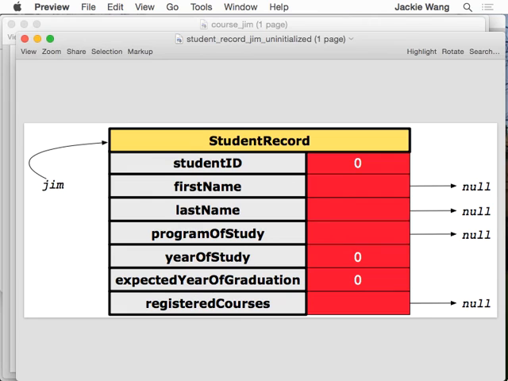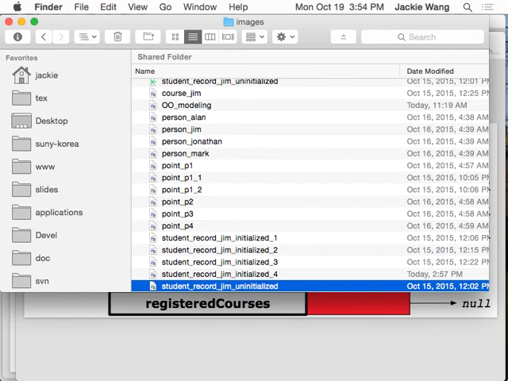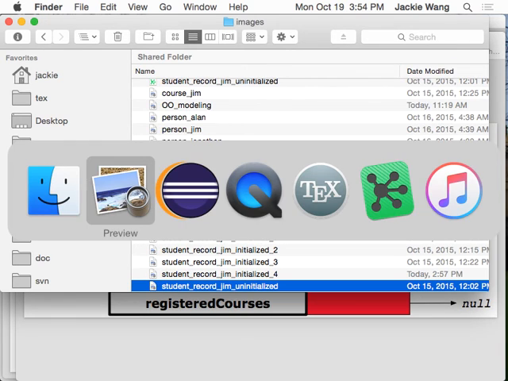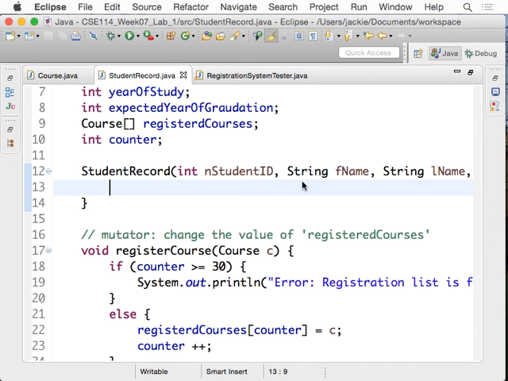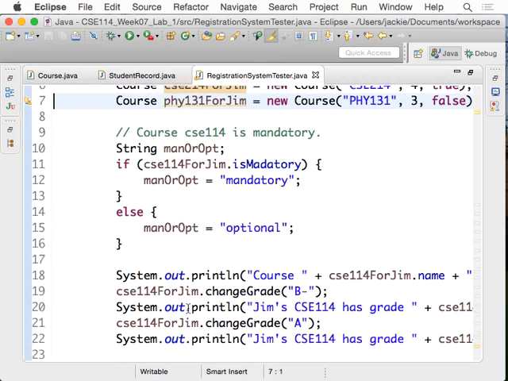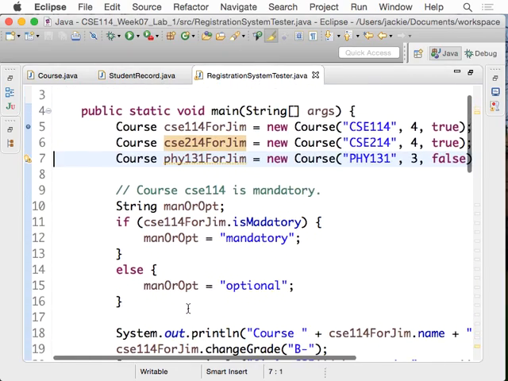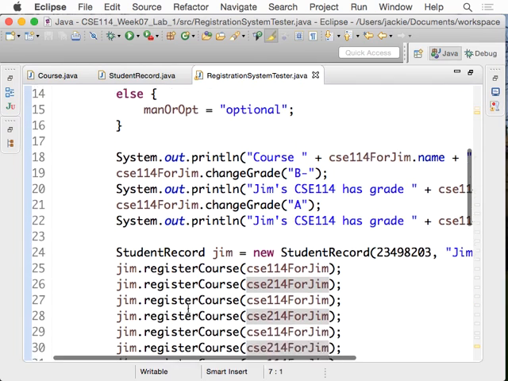Okay. Let's verify this in Eclipse. If you go back to Eclipse, and then let's go to the tester. Okay, we'll keep this body here empty. If you go back to your tester here, let's just go to one place where we try to set up